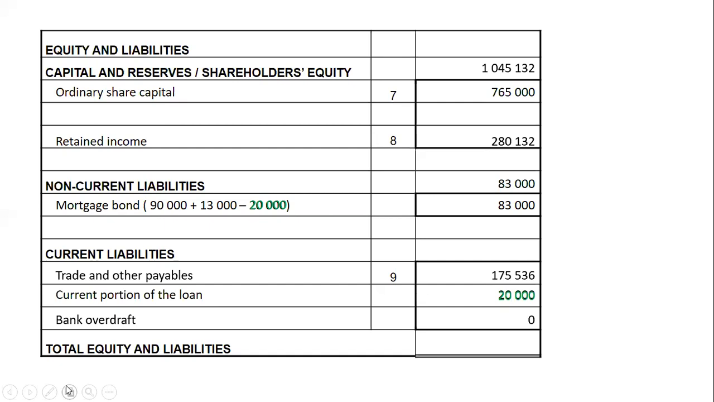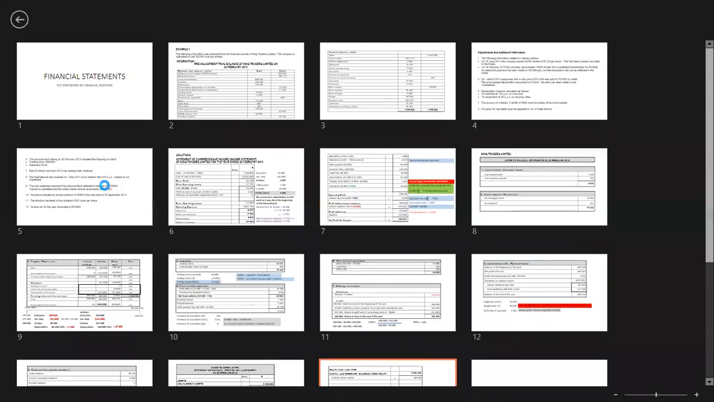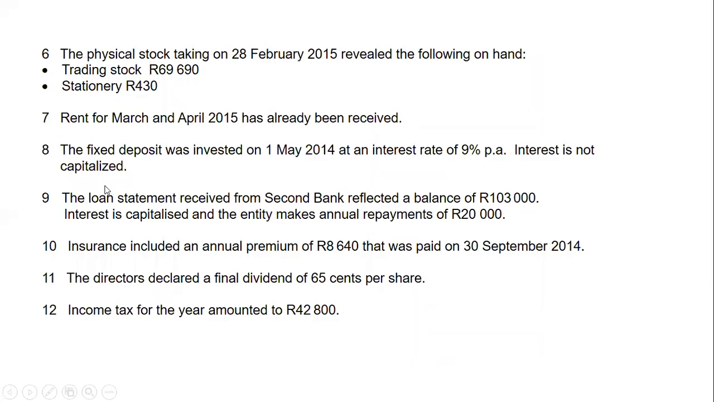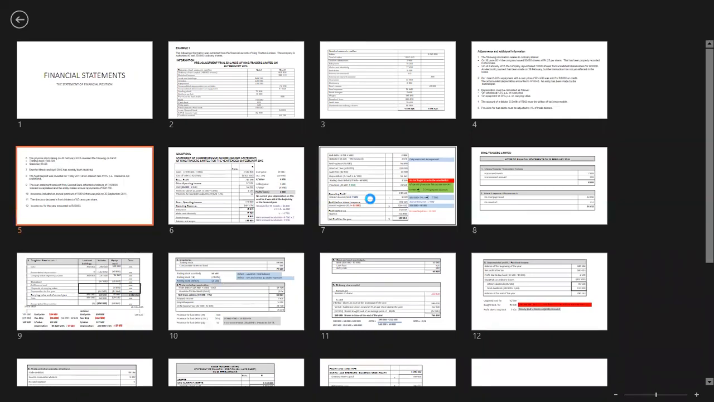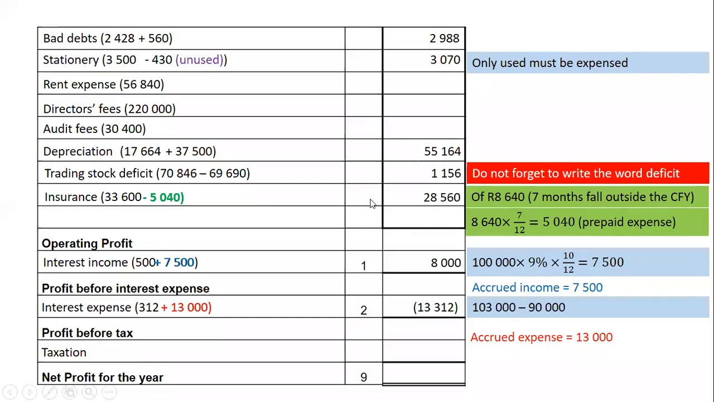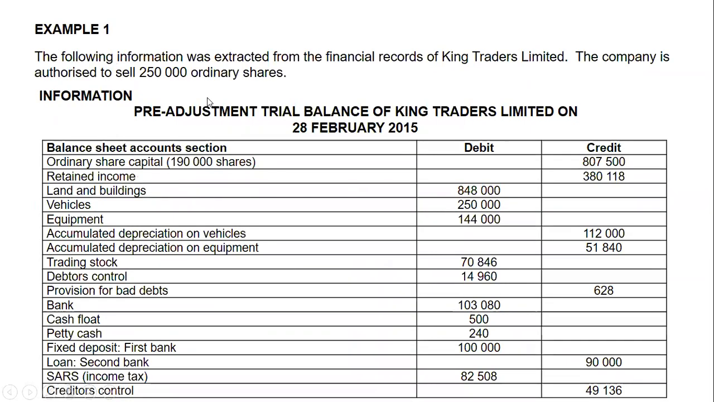Okay, let's go back to our adjustments. The final adjustment says income tax for the year amounted to 42,800. That goes straight to my income statement, and I'm going to include it as income tax. There it is, 42,800. You put it in brackets because it's an expense. However, you also need to check how much you had at SARS income tax in your trial balance, which represents your provisional payments. So your provisional payments, which are on the debit side, will be